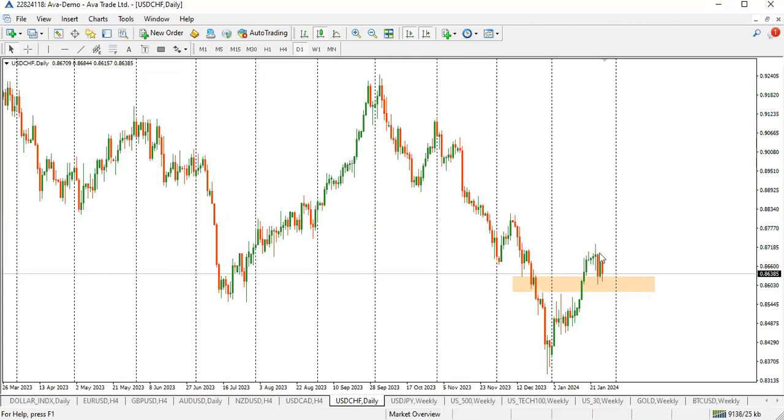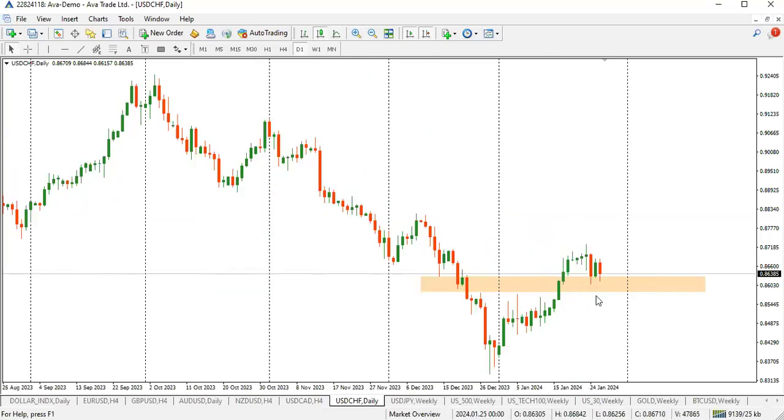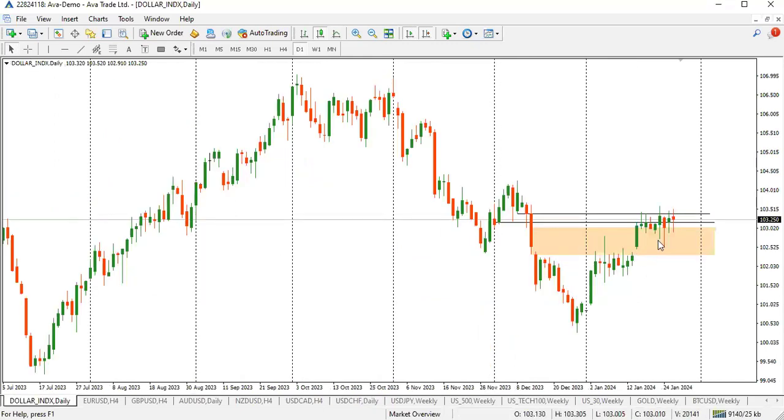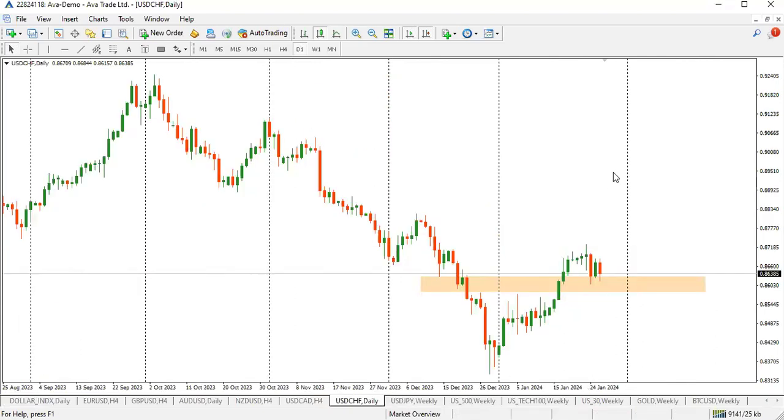So let's see what happens. I want to see it consolidate here and then send price higher. I don't want to see a close below this inefficiency, this area that I marked. I don't want to see the bodies of the candles close below this level. They could chop around here, right? Give the dollar index that opportunity to clear this, even just by the week closing this inefficiency, before any significant rally up. That's what I'm looking at.